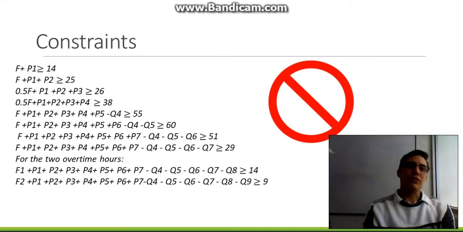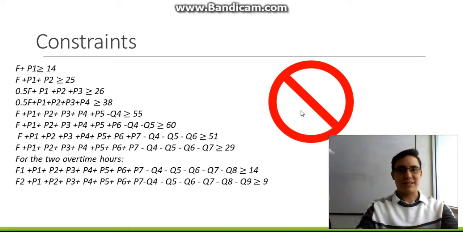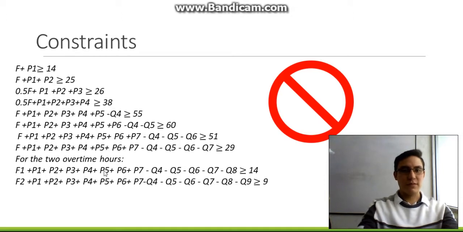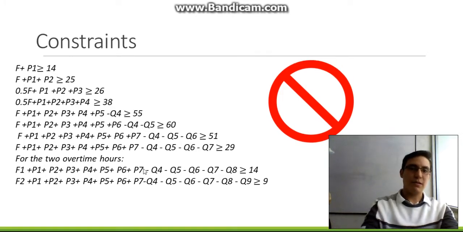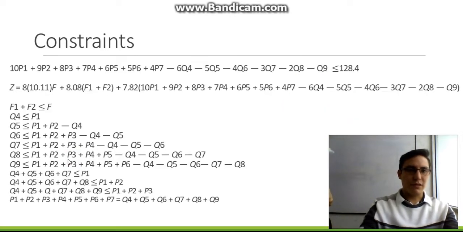Hi, I will continue with the explanation about constraints in the Chase Manhattan Bank case. If the left-hand sides of these 10 constraints are added, one finds that 7F hours of full-time labor are used in straight time, F1 plus F2 full-time labor hours are used and paid at overtime rates, and the total number of part-time hours is,